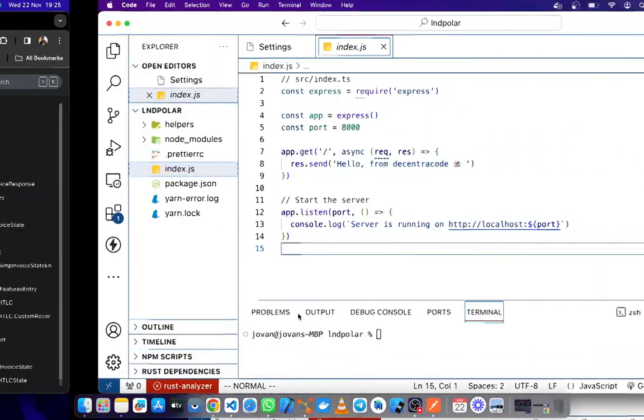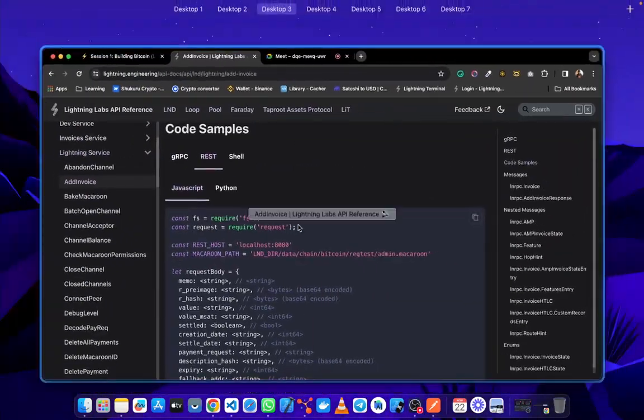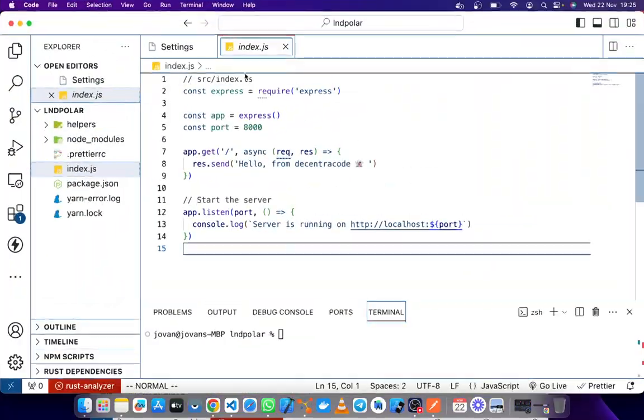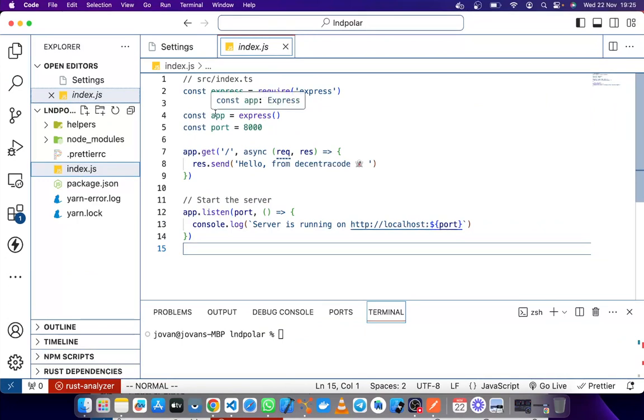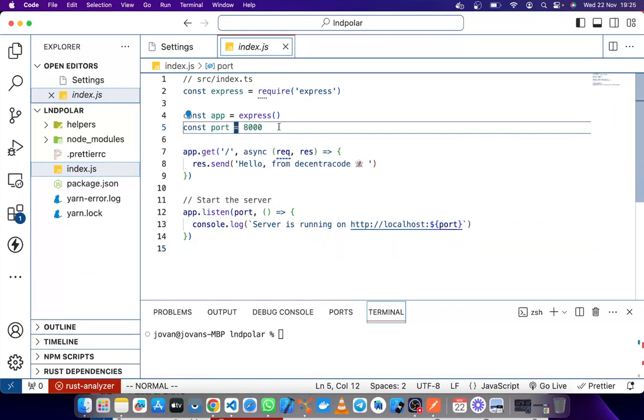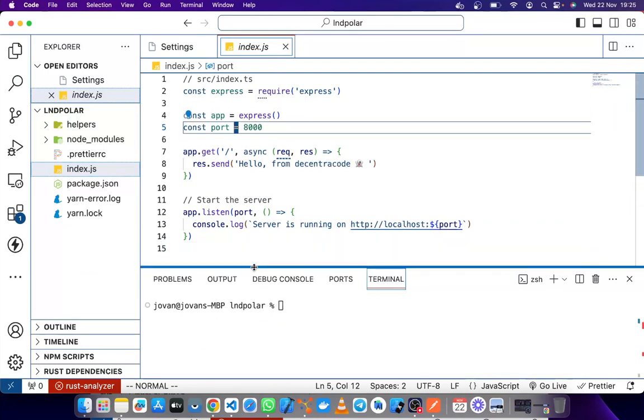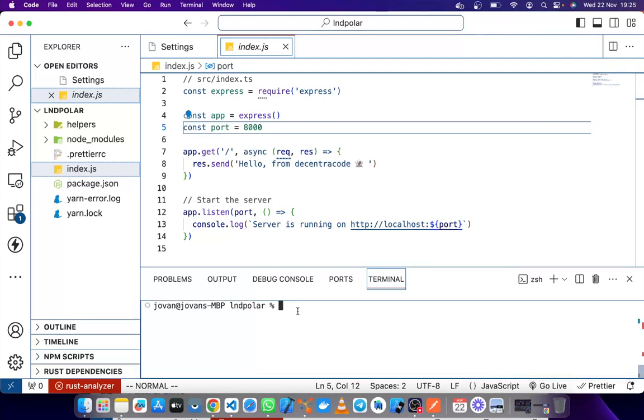So to keep it simple, let me try to move this closer to the node. Here we have a simple JavaScript Express server. We may be spinning up a JavaScript node project. You start with yarn init, then you give it the -yes.